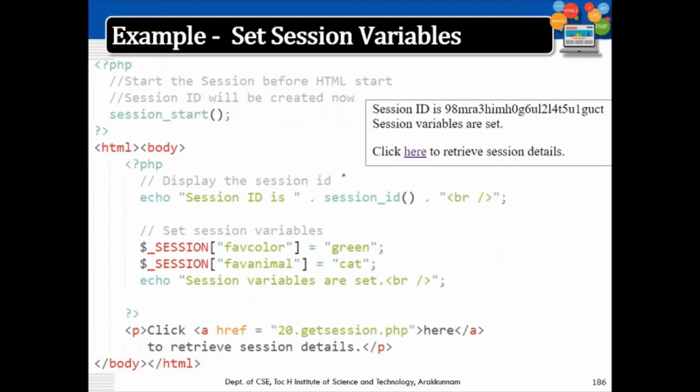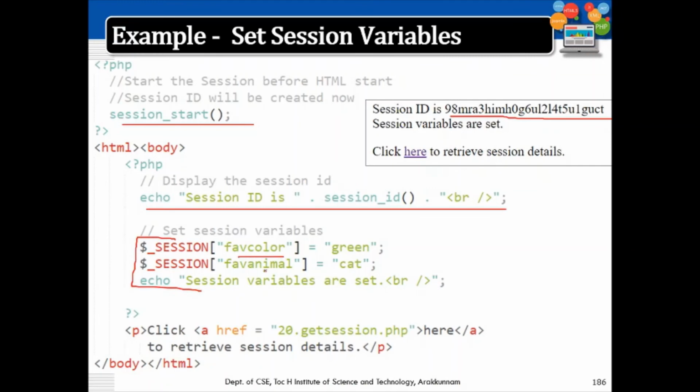So here is the example, the session ID. This is my first file. Here my session ID is set to this value and the session variables will be set. So echo session ID. Here I have session start and I am echoing the session ID. The session will be set with two values, favorite color and favorite animal, which contain the values green and cat.